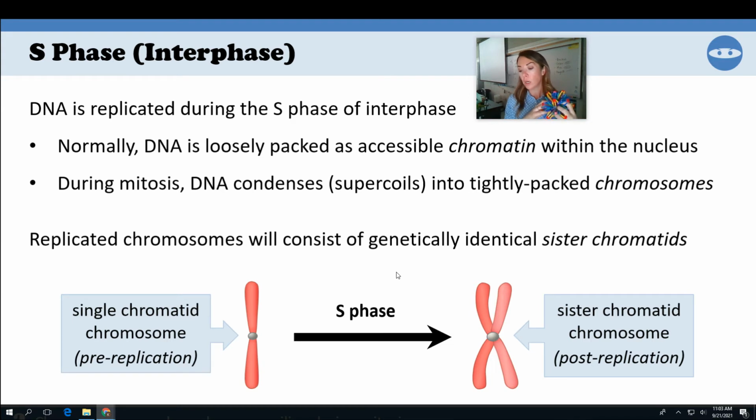Chromosomes, as you know, are particular to certain living things. Humans have 23 pairs of chromosomes, so 46 is our chromosomal number. The number of chromosomes created during this phase is specific to different organisms. What happens during that time is my single chromatid, which is half of a chromosome, is going to partner up and put down my DNA here with a sister chromatid. So I've got one little thing and now I've got 2. Yay, DNA doubled during S phase.